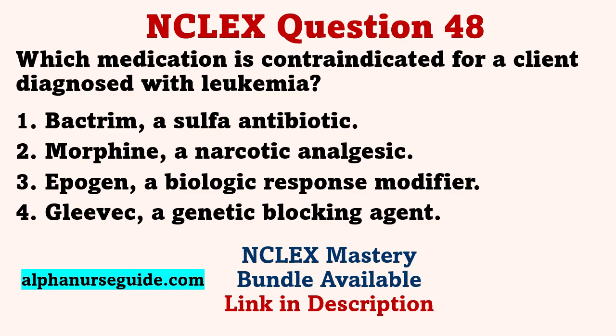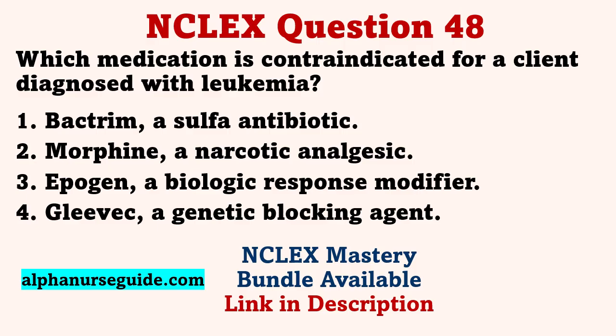Morphine is the drug of choice for most clients with cancer. Gleevec is a drug that specifically works in leukemic cells to block the expression of the BCR-ABL protein, preventing the cells from growing and dividing. If you were not familiar with the drug mentioned in option 4, then this option would not be a good choice. Options 1 and 2 are common drugs and should not be chosen as the answer unless you know for sure they are contraindicated.